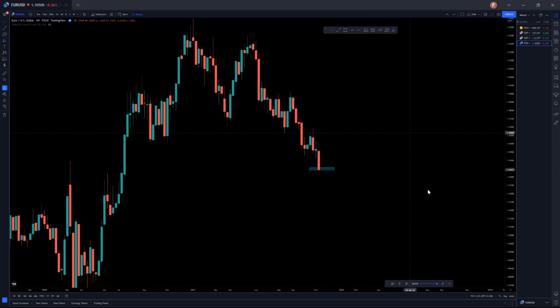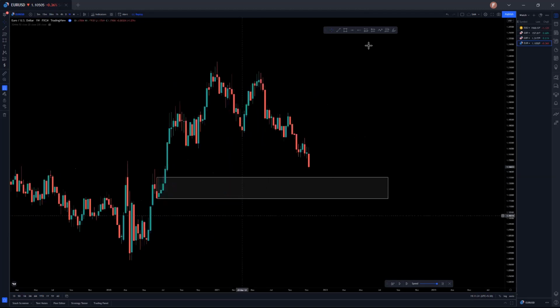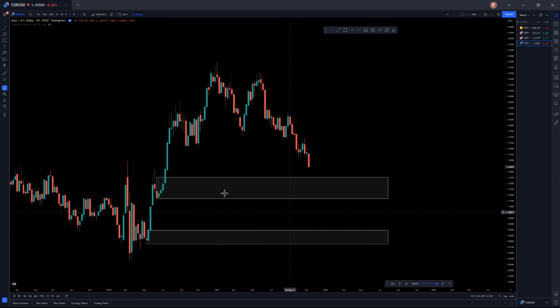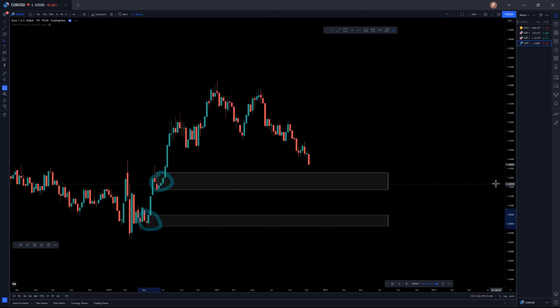All right. So what I mean by this is, suppose this is the most recent POI for this one. Now you know on the weekly the price has room to go down. Even this is untapped. If you see, there are a lot of areas where price can tap. And how do you know it? By just looking at the weekly or even monthly. So now you know that in the upcoming weeks price can potentially tap these POIs.